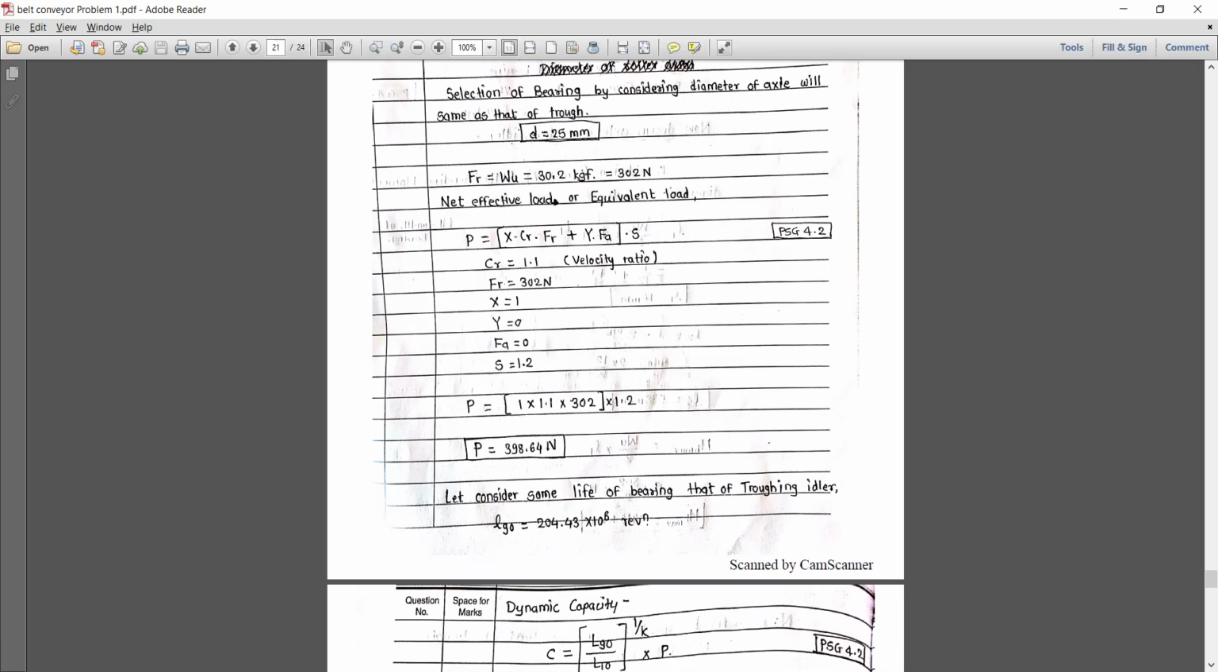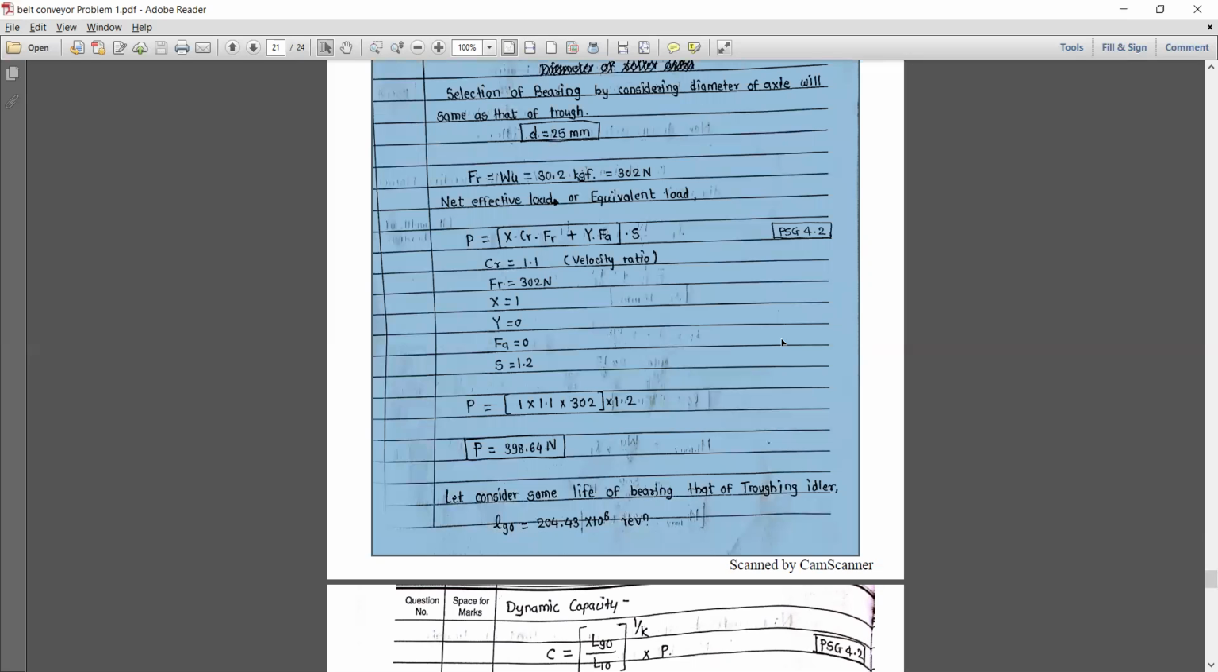The effective load or equivalent load you can calculate as P is equal to X V FR plus Y FA, into the service factor. Here the inner race is rotating, so the value of V, the velocity ratio, is considered as 1.1. FR is 302, X is equal to 1, Y is equal to 0, FA is equal to 0, S is equal to 1.2. Okay, putting all the values, the equivalent load is equal to